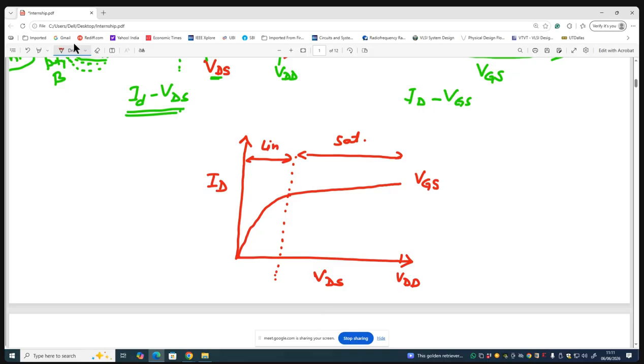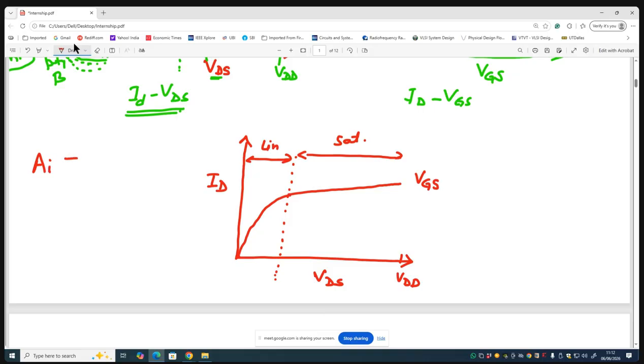Suppose we want to design an amplifier. Where shall we bias our transistor? Both the linear region and the saturation region satisfy the requirement that ID is non-zero. So where shall we bias our transistor, saturation region or linear region? To make a decision on that, let us talk about